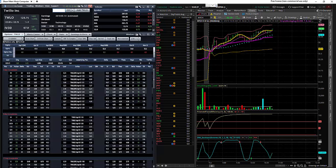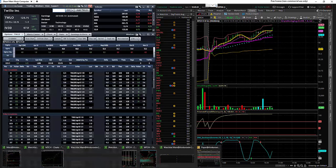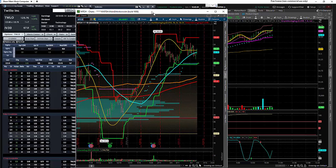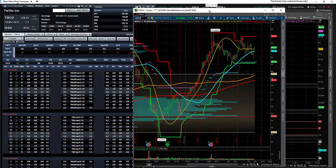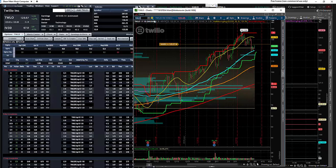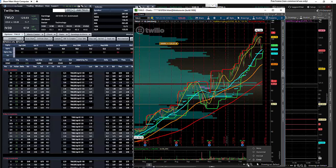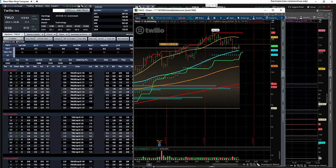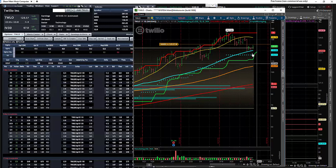So this is the item. Let me pull in the day. I believe this is the day. Okay, so this is the daily chart. Let's get Twilio up here. Okay, so what we're seeing here, let me magnify this just a little bit. Okay, a little bit better look at this. Drawing tool. Okay. So what we are looking at here, and remember the inside bar is just what